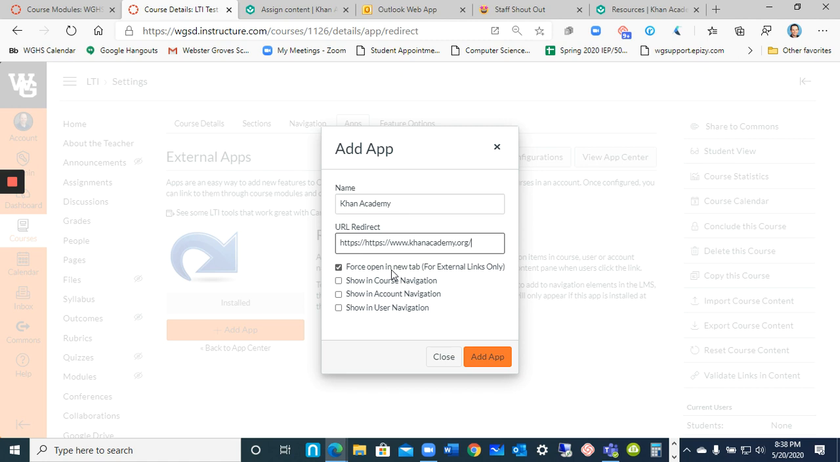Do I want to force it in a new tab, which means it'll open another tab along the top? Or do I want it to show up in this area? I'm going to say stay in Canvas. If students want to open it separately, they can, but it might eliminate the confusion of leaving Canvas and having difficulty getting back to it. I'll make it appear for the student, press Add App,